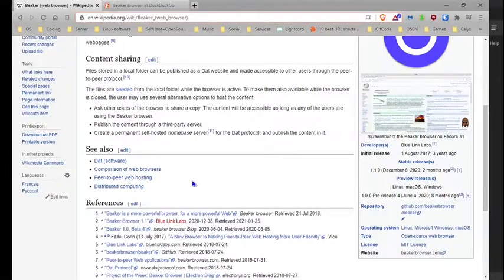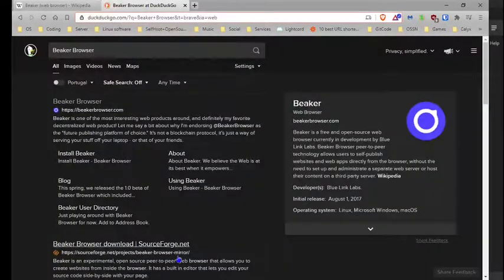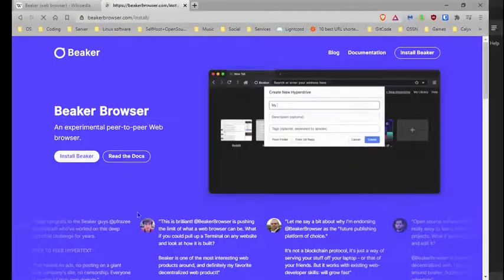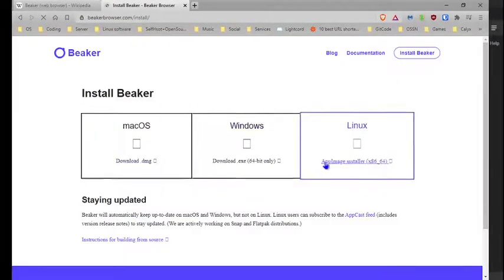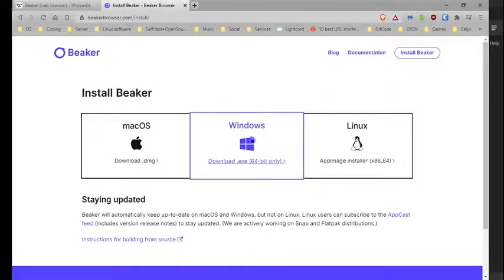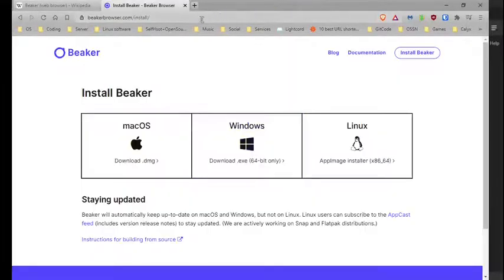And yeah, so to get this browser, what you want to do is search for Beaker Browser, and you'll want to go on their website, which is the first one that shows, beakerbrowser.com, and you'll want to press install Beaker. You'll choose the operating system you want. In my case it would be Windows. I would press Windows and it would install that file, but I already have it installed on my system,